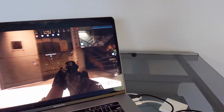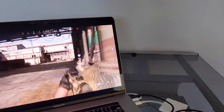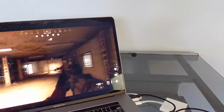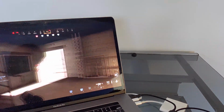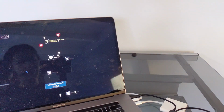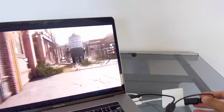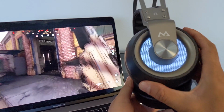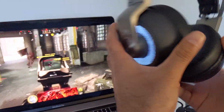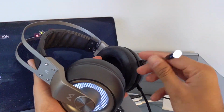Okay, so I actually hooked the speaker setup to the computer over here. Since it's a gaming headset, I decided to put on some Call of Duty to see what the sound quality for gaming is going to be. Also notice that the USB cable, in fact, is just for these LED lights, which actually look pretty nice. I don't know what else they do other than look cool,